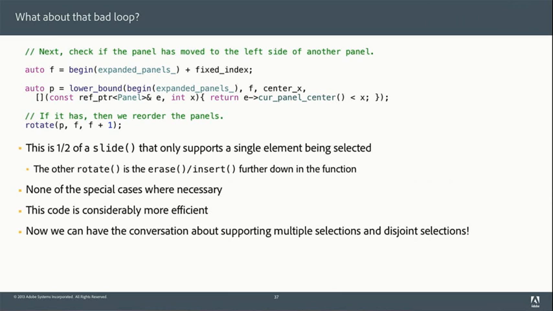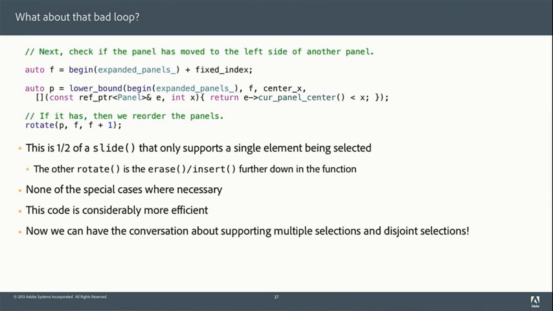But now that we get it down to a rotate, and then we see, oh, this is really a slide. And if you look at that whole entire function, it's doing three things. It's finding the position P, where things are going for the slide, doing the slide, and then updating the coordinates for all the windows, getting them back into a sorted order. Okay? So that function's doing three things.